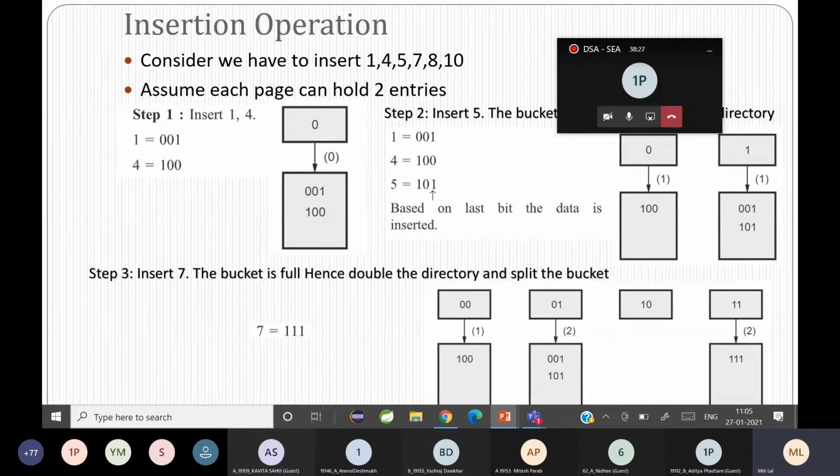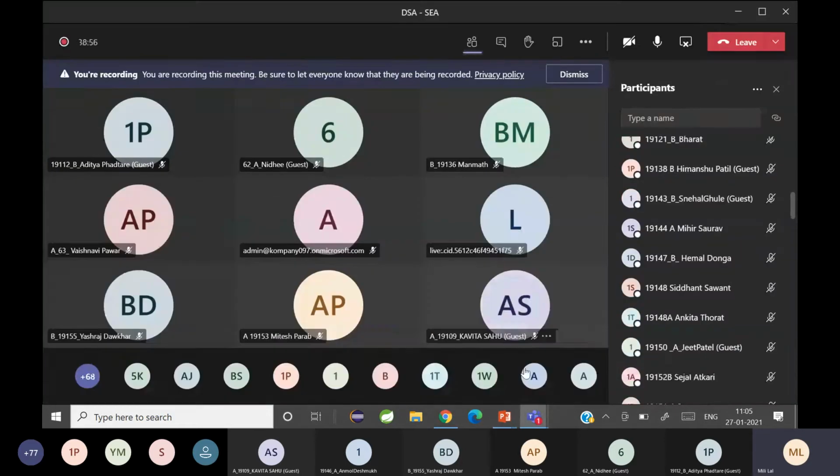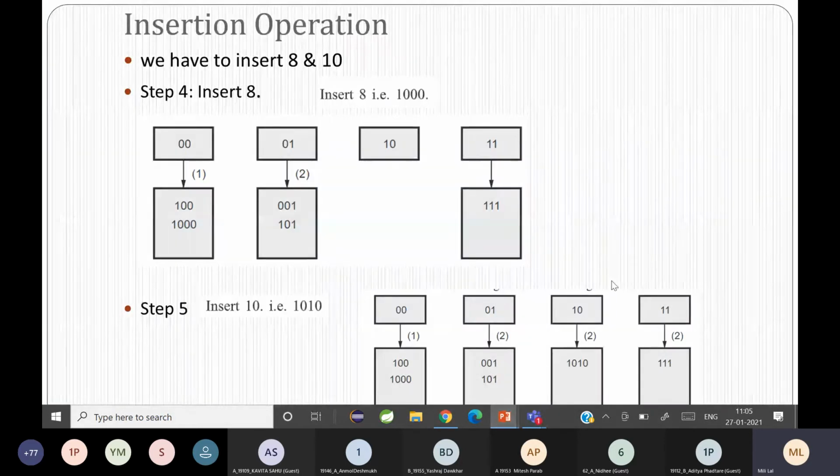Okay, let's take the bit initially as 0. So in the top directory I am representing it as 0. The level is 0, so in bracket 0, and I've placed two values inside the bucket. Now as I told you, the bucket predefined है, bucket में 2 ही entries चाहिए, तो अभी मुझे 5 insert करना है, तो क्या होगा, वो bucket में insert नहीं कर पाएंगे, क्योंकि why it cannot be inserted into the bucket?